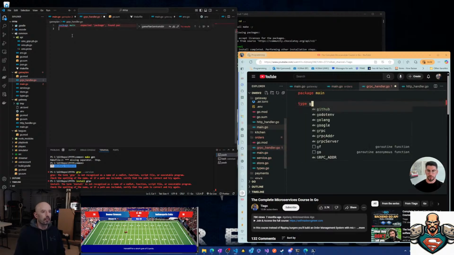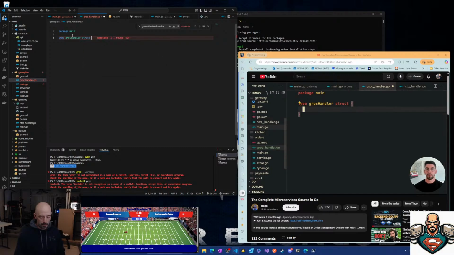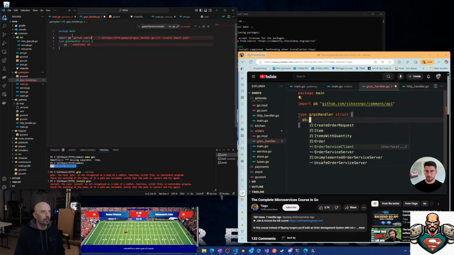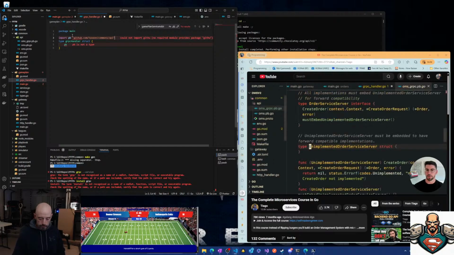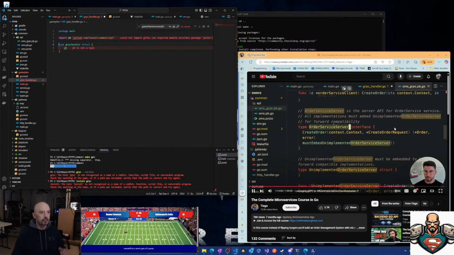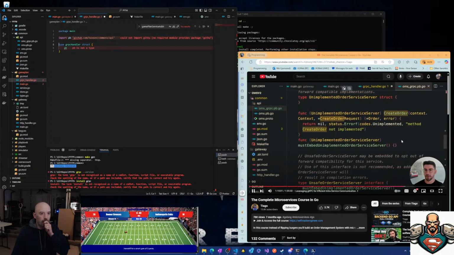Now this is going to be of the type gRPC handler, for example. It's going to be a struct, and this is going to implement a very important interface from this PB module. So let's just import it here because it's not liking the auto completion. I have a typo here, so that is wrong. Basically what we need to do here is search for the unimplemented order service server. This is a struct which implements this interface. If we implement this, then we are a valid order service server. So all we need to do is copy this here and implement